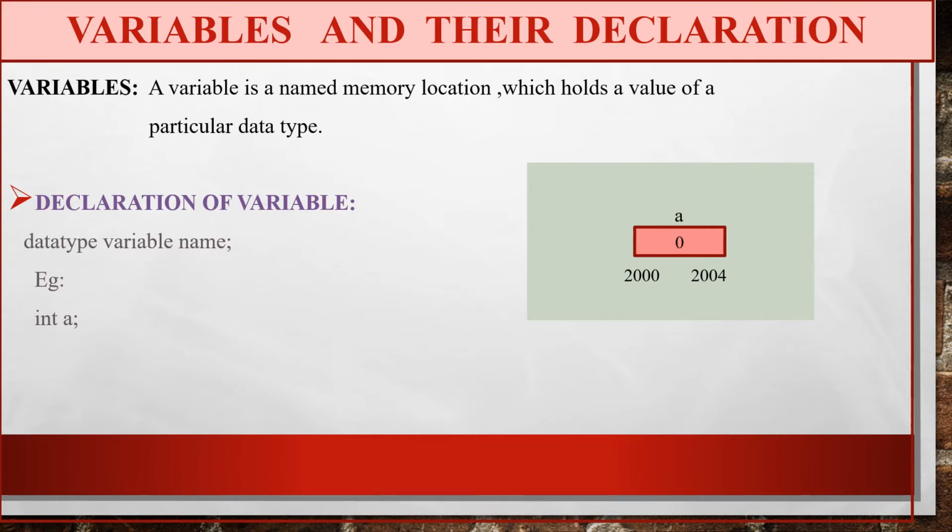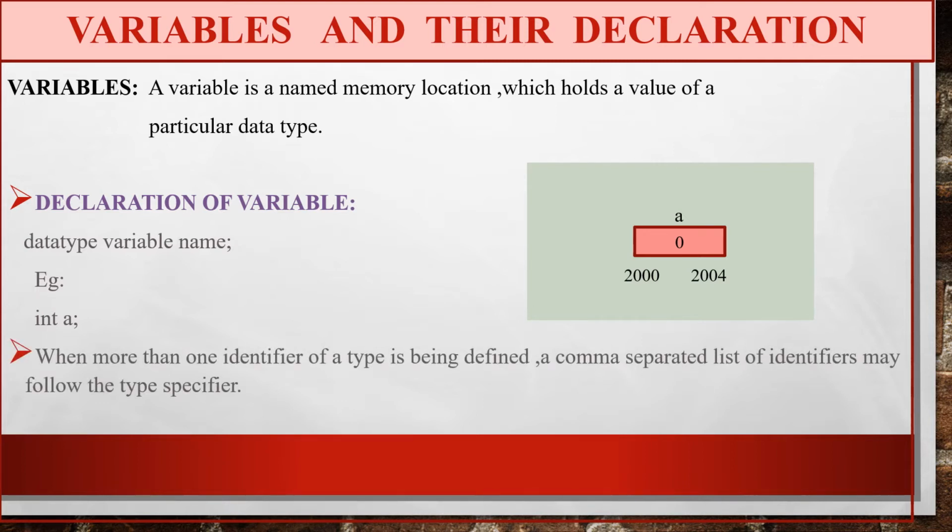Then some value is stored in this box, as given in the definition: a variable is a memory location which holds a value of a particular data type. As we have not given any value to variable a right now, and have only declared it with the data type, it will store a default value in the memory block. A default value is given for all the data types. For the integer data type the default value will be 0, and this block will store 0 until the programmer gives the actual value to the variable a.